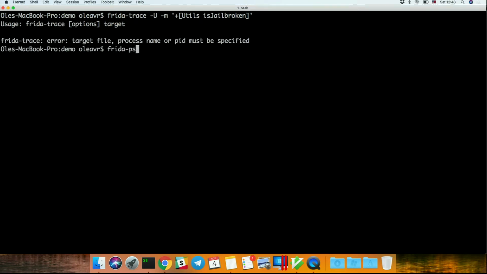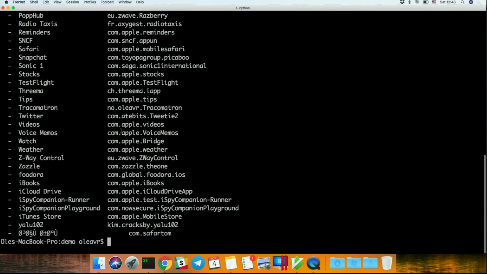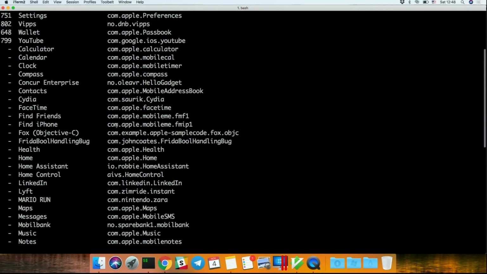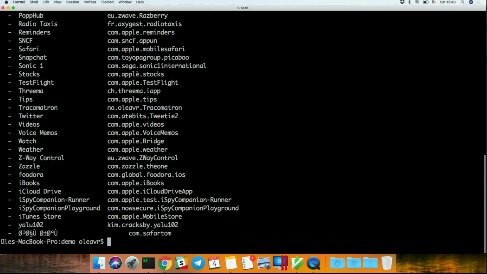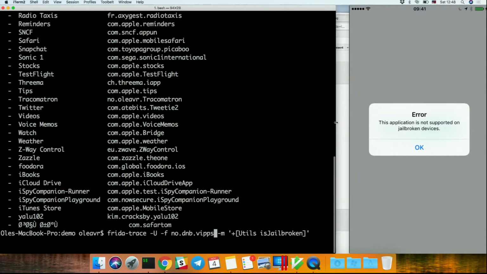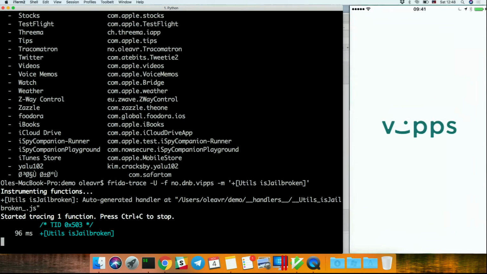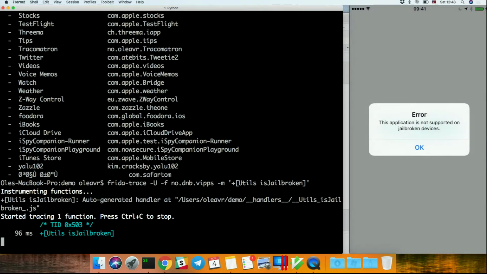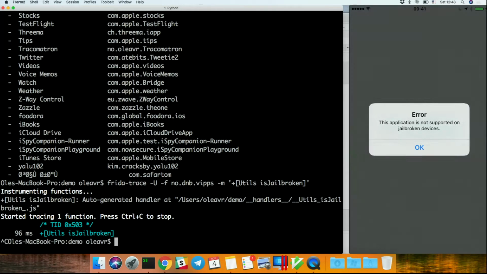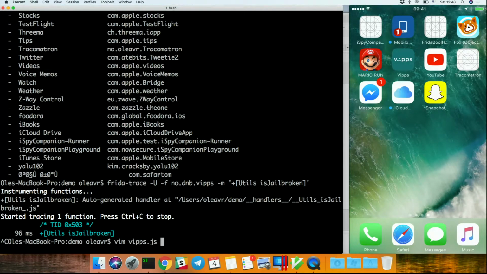Actually we need to figure out the application ID, and that's here like this. And I'm going to show it side by side here. So we'll spawn it and we're going to trace this one. And you can see that it's called very early. Okay, so what we could do then